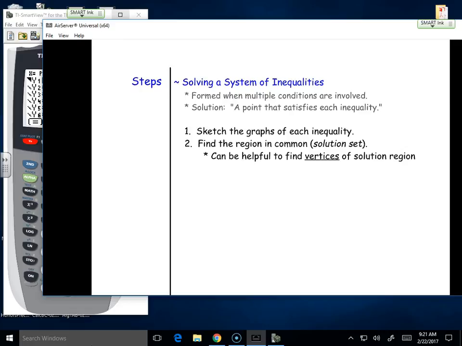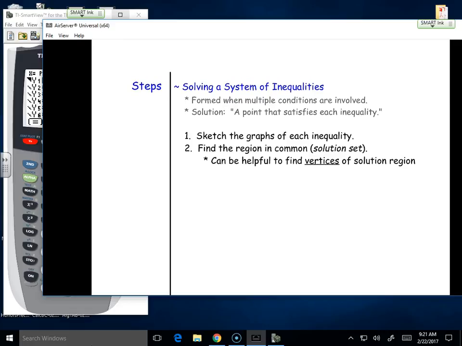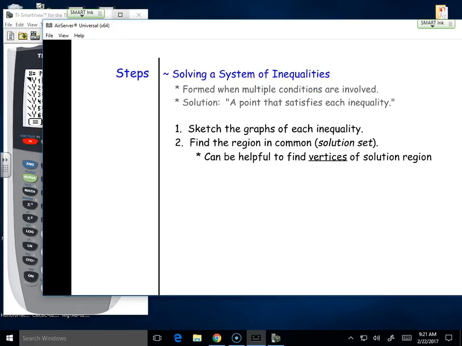Now, check it out real fast. Don't be robots. Check it out real fast. You might not need to write all this. System of inequalities, you have more than one. A solution is a point that works in all of the inequalities. And in order to work in all the inequalities, it better be in the